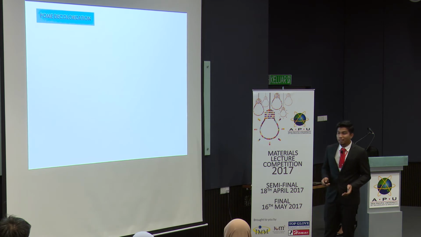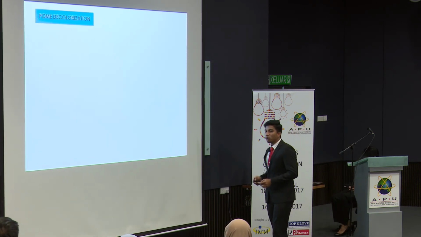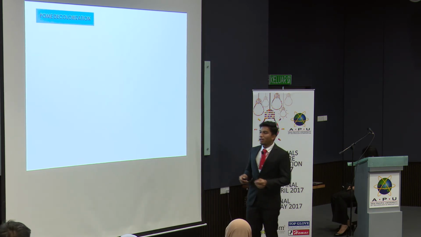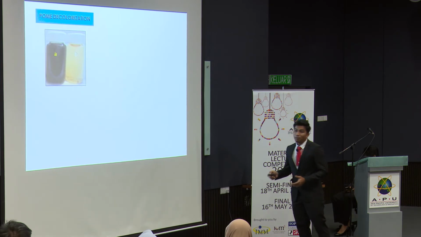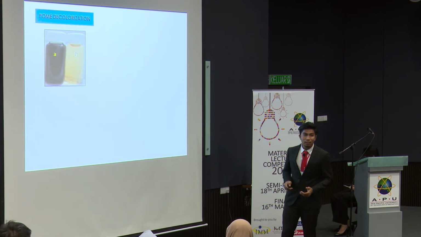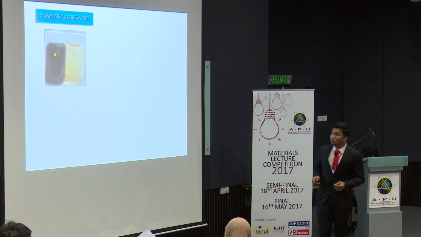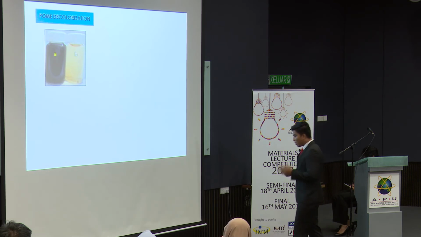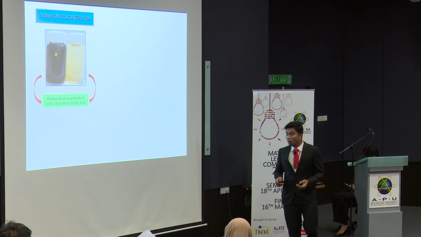Now we go to the pomade discoloration or decolorization. This is the best part, because what matters the most for the pomade is that if the pomade loses its color, the water is considered treated. Now, A is the color of the pomade before the treatment. B is the color of the pomade after the treatment. By using the ENR PVC cellulose membrane, we are able to remove the color of the pomade. The removal of color might be due to the removal of suspended solids and removal of dyes from the